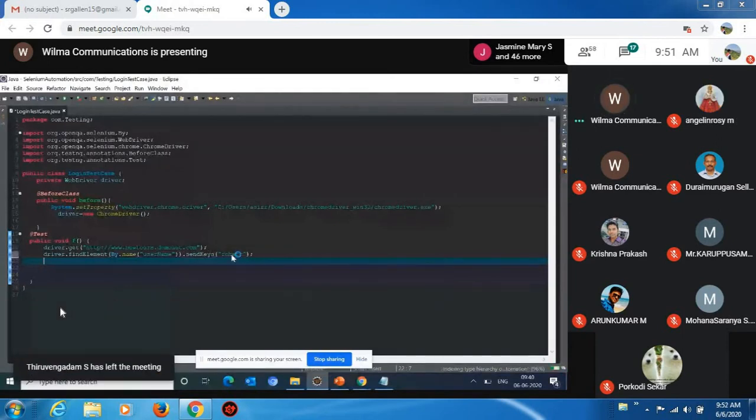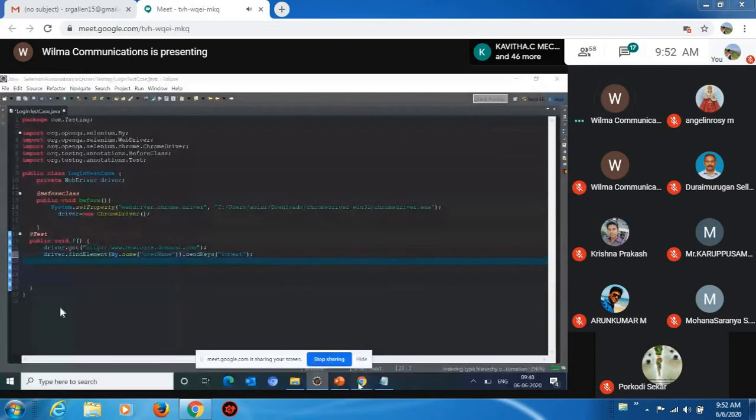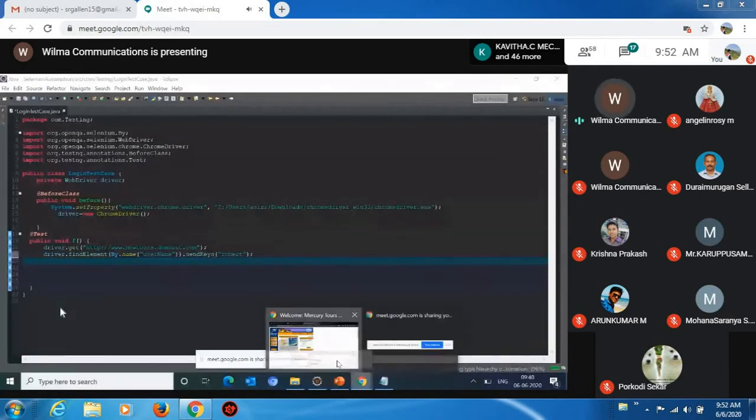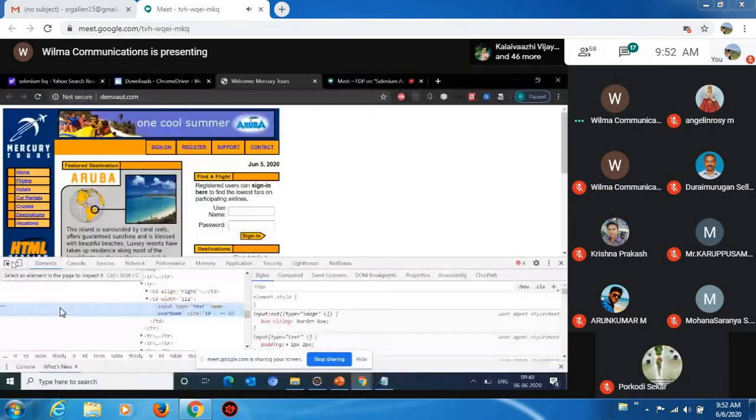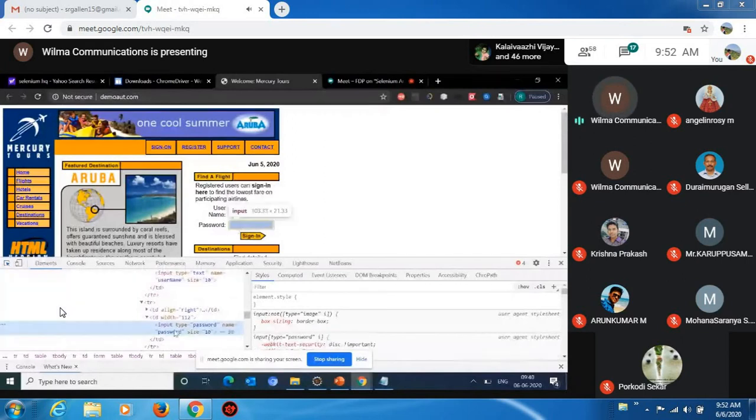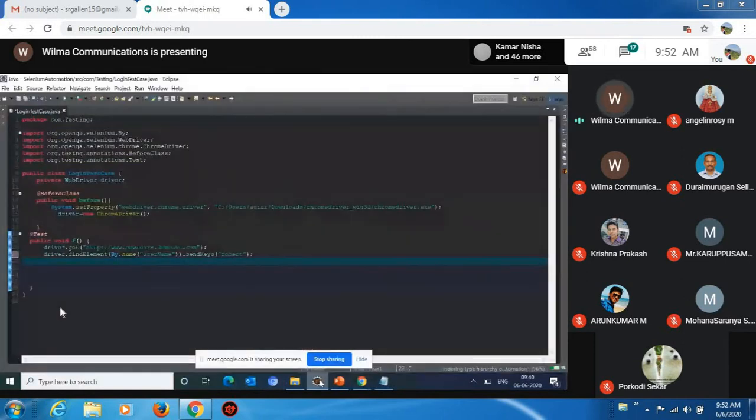Same thing, I will go for the second, that is the password field. The name of the password field is password. I'll just copy the name. So driver dot find element by its name. The name of the object is password.